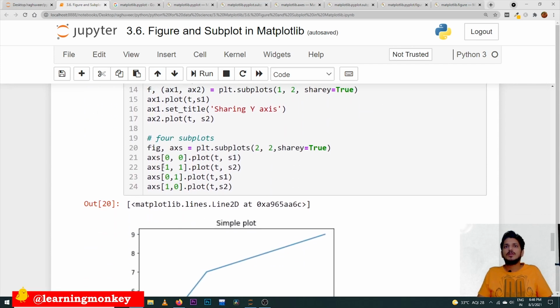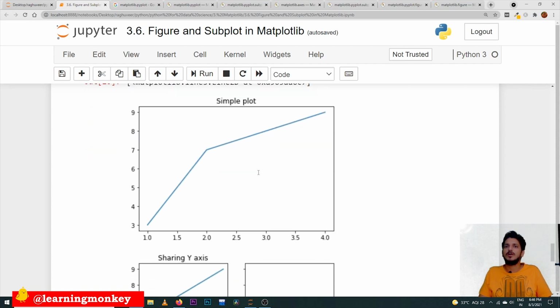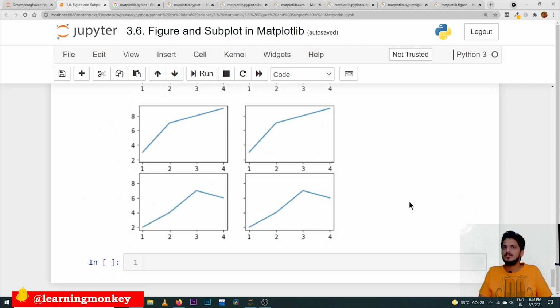Now if you want to take 4 subplots, 2 by 2 subplots. But it is not a good way to take 4 different variables. That's why we have taken the variable called axs, which means an array of axes will be returned. So how to access those axes? ax of 0 0 position, the same way as a matrix, ax of 1 1 position, ax of 0 1 position, ax of 1 0 position. These are the positions, dot plot of. This is the figure which we are going to display.